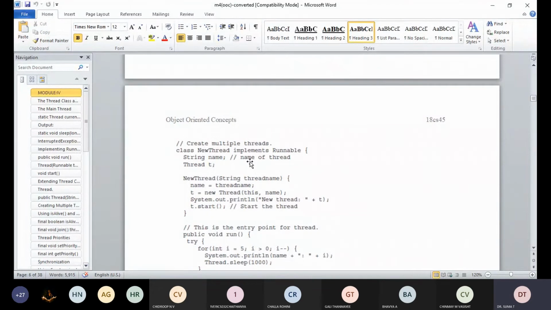Once you start, all three child threads share the CPU. So all the three children, child number 1, child number 2 and child number 3. The 1000 milliseconds causes the main thread to sleep for 10 seconds and ensures that it will finish last.